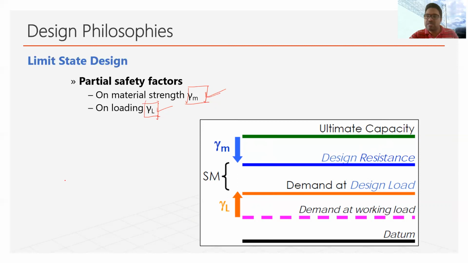So these two methods basically provide adequate safety at ultimate load and adequate serviceability at service or working load. Now I have one more concept. As I have said, in the ultimate load method, serviceability cannot be guaranteed, but in the limit state method, it can be guaranteed at the working load conditions.